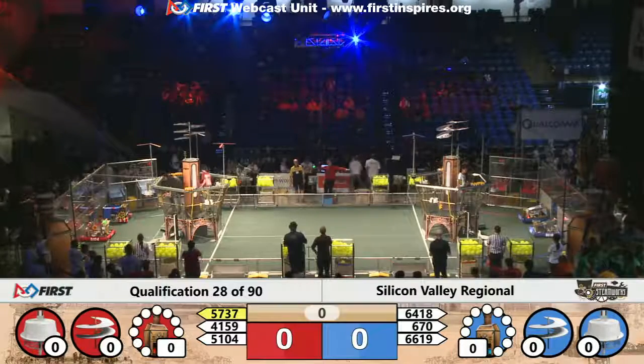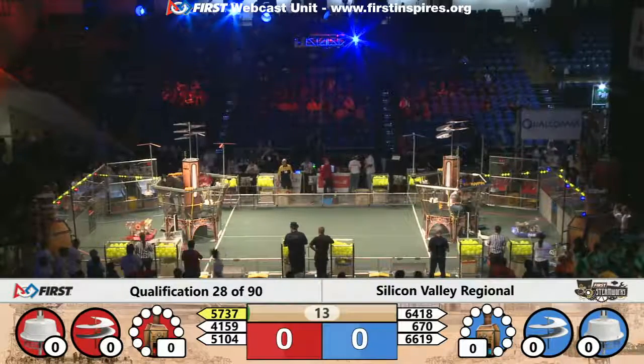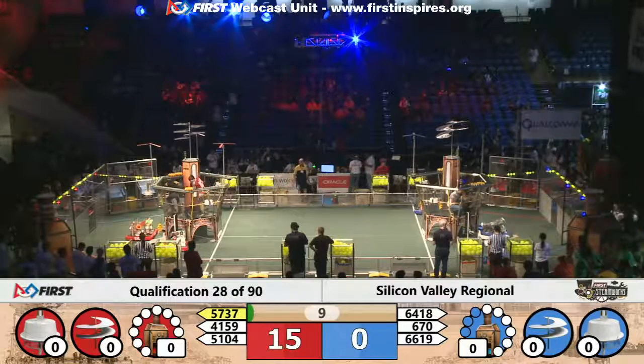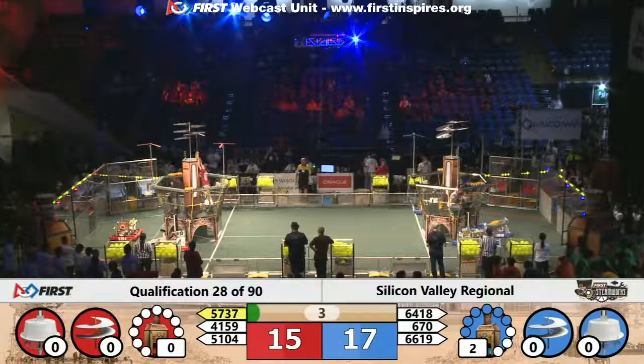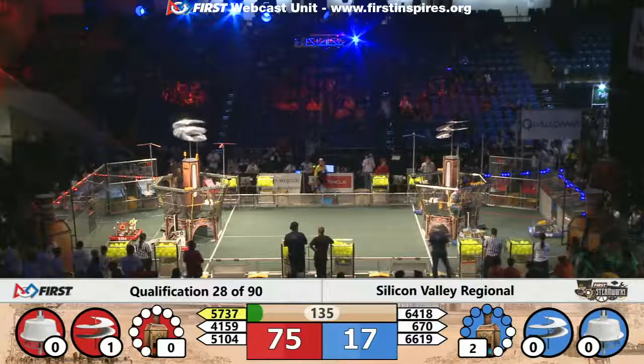3, 2, 1, go! On the Red Alliance, I see all three robots on the move. It looks like Robotics is trying to deliver that autonomous gear. It's on the lift. Over on the Blue Alliance side, Gravitech X is trying to deliver that gear in their machine, but here comes the auto gear on the Red Alliance, placed and scored by the Red